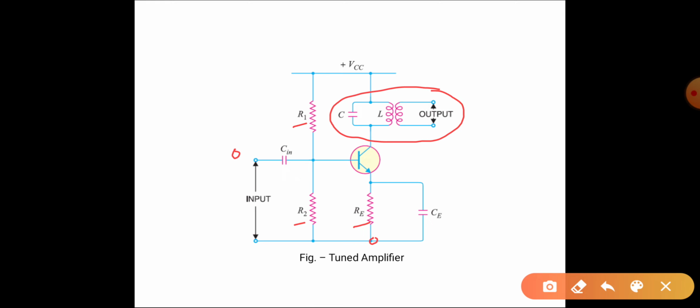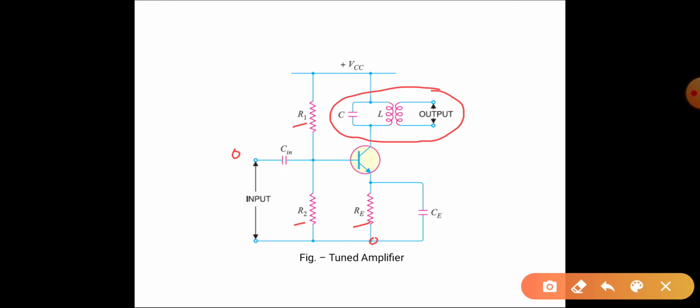So you may ask, then how to vary or how to select different frequencies. Suppose for example, we have seen we want to amplify or select a 100 kilohertz frequency, but now I want to amplify or select a 200 kilohertz frequency. Then what should I do? For that you will need to change the values of capacitor and inductance. When you vary the values of capacitor and inductor, then you can change your frequency. We'll see in the subsequent lectures how to select the frequency depending upon the values of capacitor and inductor.